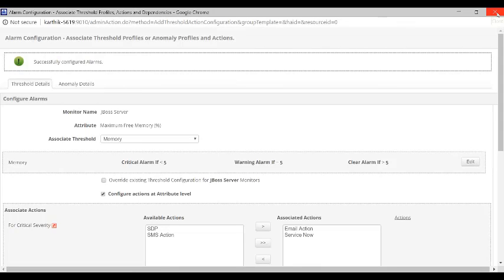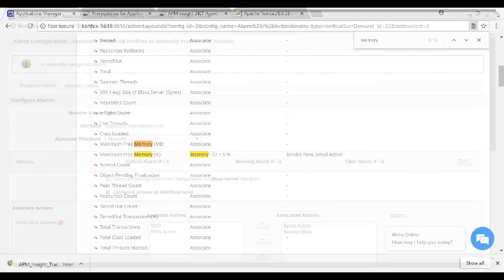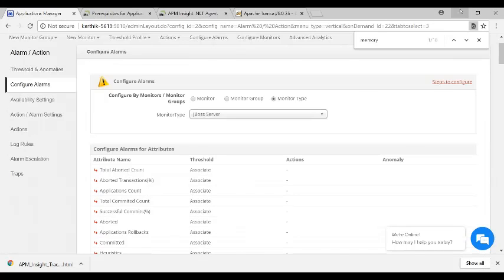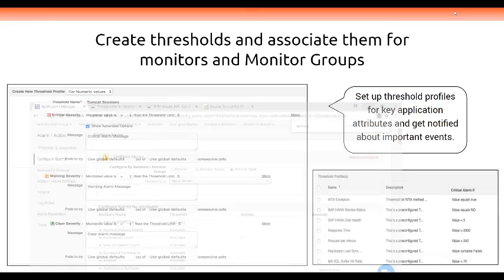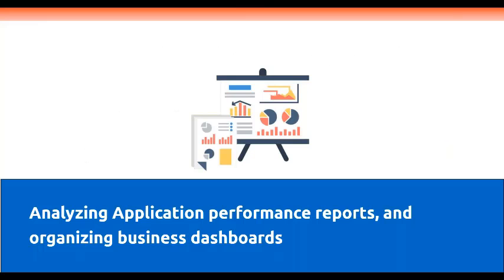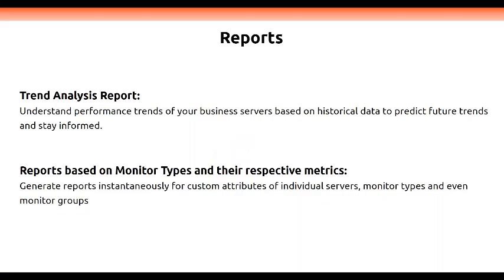So in this way, a user can configure alerts for the application servers as well as the APM inside. Now we'll see what type of reports a user can generate from the product, and how to create custom dashboards from Applications Manager. So in terms of reporting, we support trend analysis reports and reports for each and every